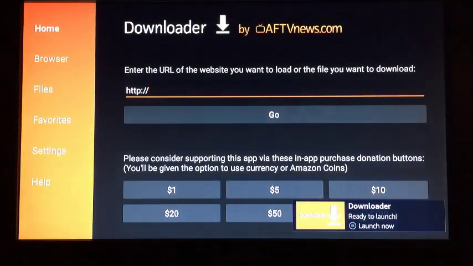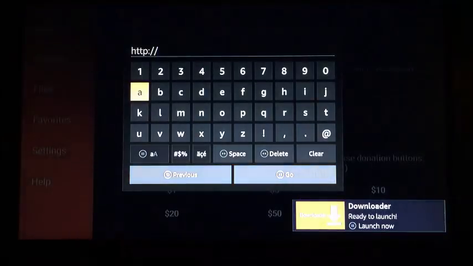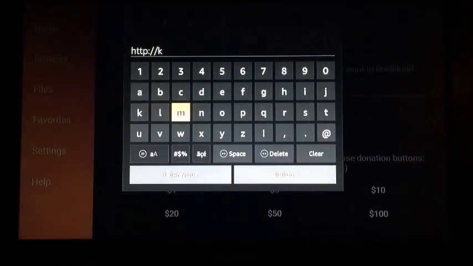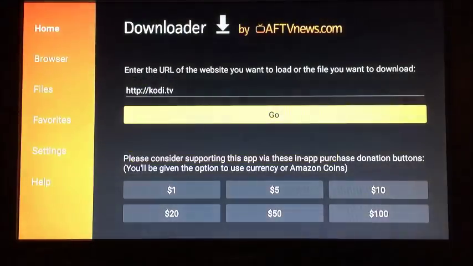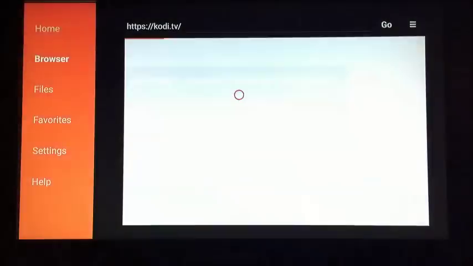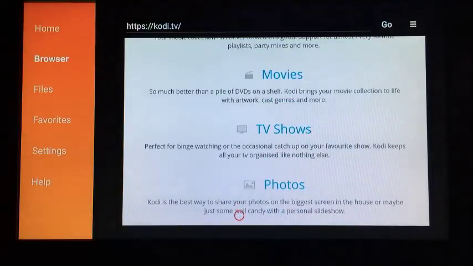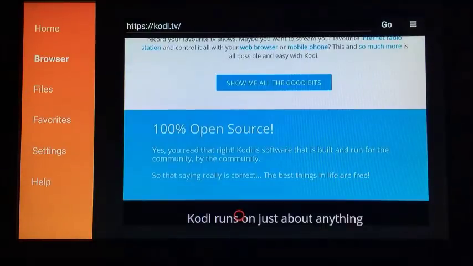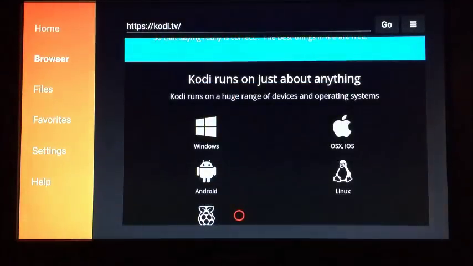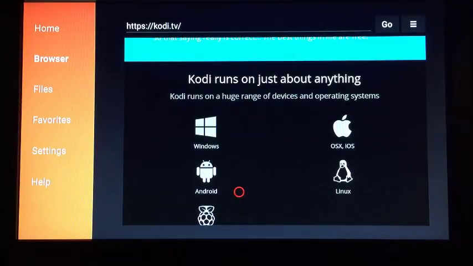And now we want to put in Kodi.tv. The http:// is already at the top of that screen. So we will type in Kodi.tv and just agree to any pop-up box that comes on. Now, by using the mouse functionality, we need to find a screen where there's an Android icon, and we'll click